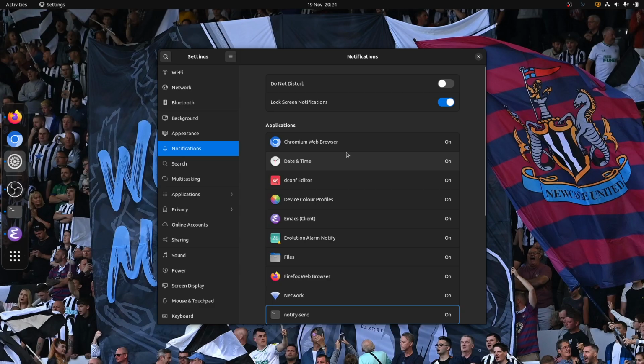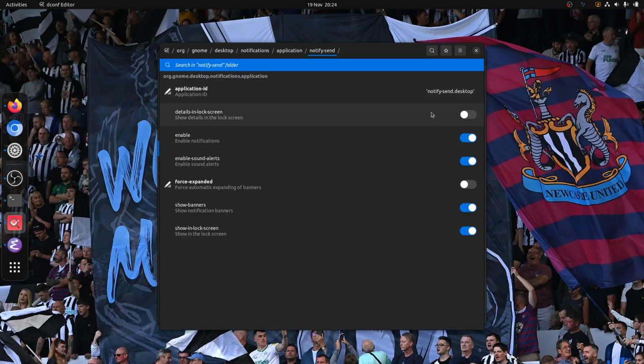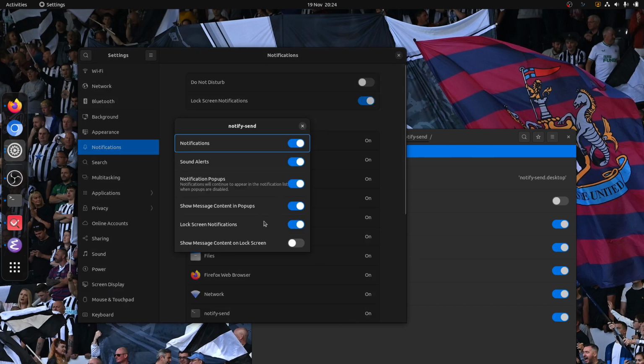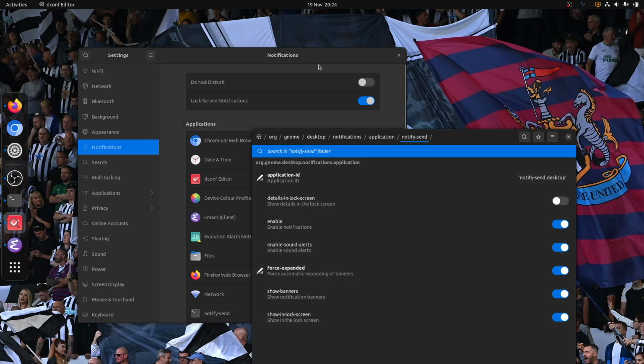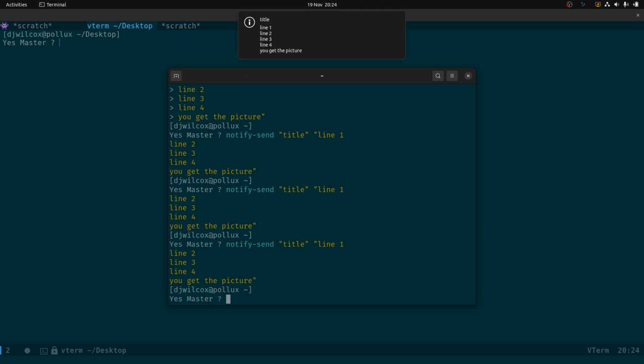Same thing if I was to open dconf. So dconf force expanded. So if I toggle that on, reload, and you see if I come across to the settings, see that's now turned on. So if you turn it on in dconf, it will automatically turn it on in the settings. And again, if I now do notify send, it's going to show it